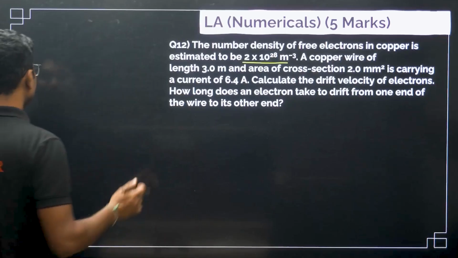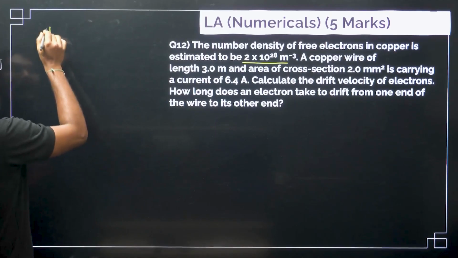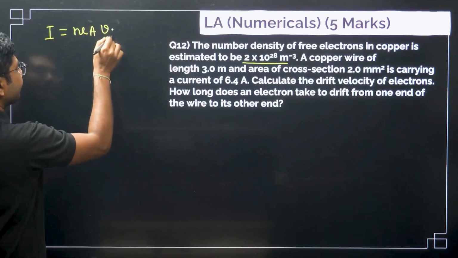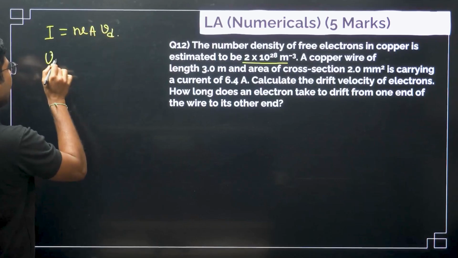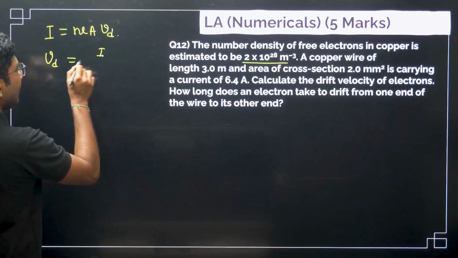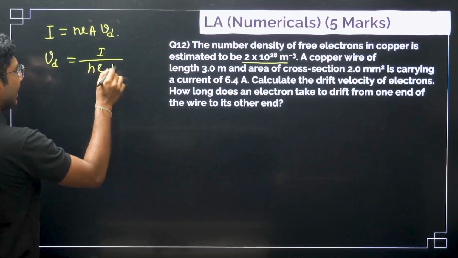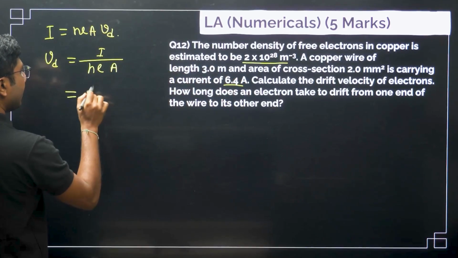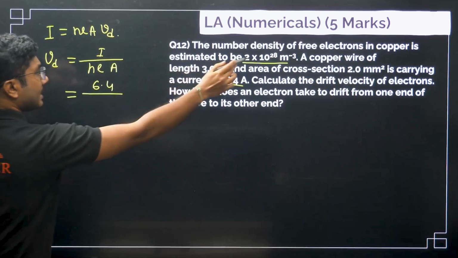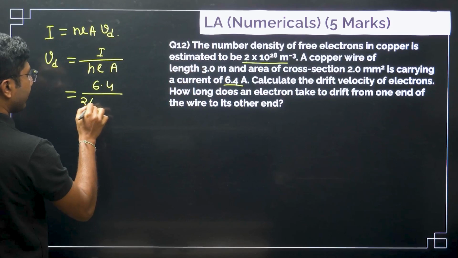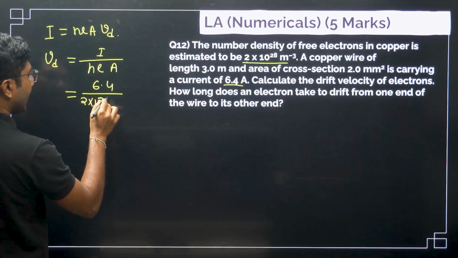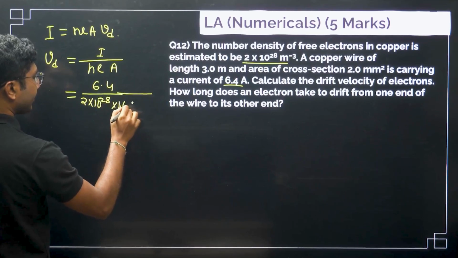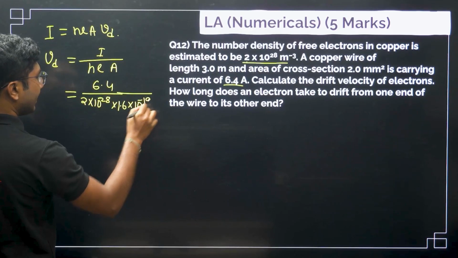So let's see. First of all, I equals N E A VD. So VD is basically I by N E A. I is given here as 6.4 ampere. Number density is given as 2 into 10 to the power of 28. Charge of an electron we know is 1.6 into 10 to the power of minus 19, and